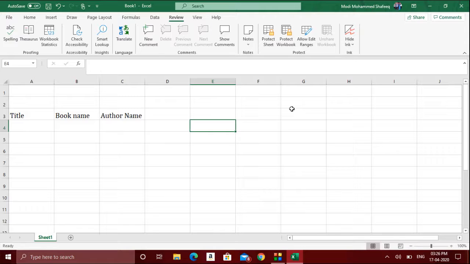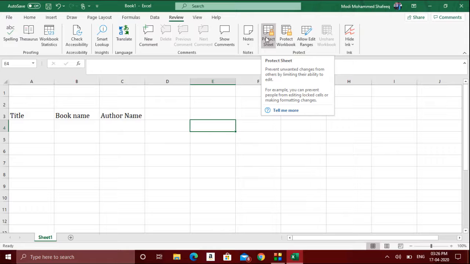This is another type of protecting your sheet. Which one you prefer, you need to select. Imagine if you want to protect the sheet with the second option, that anybody can open your workbook, they can see also, but they won't be able to modify anything.